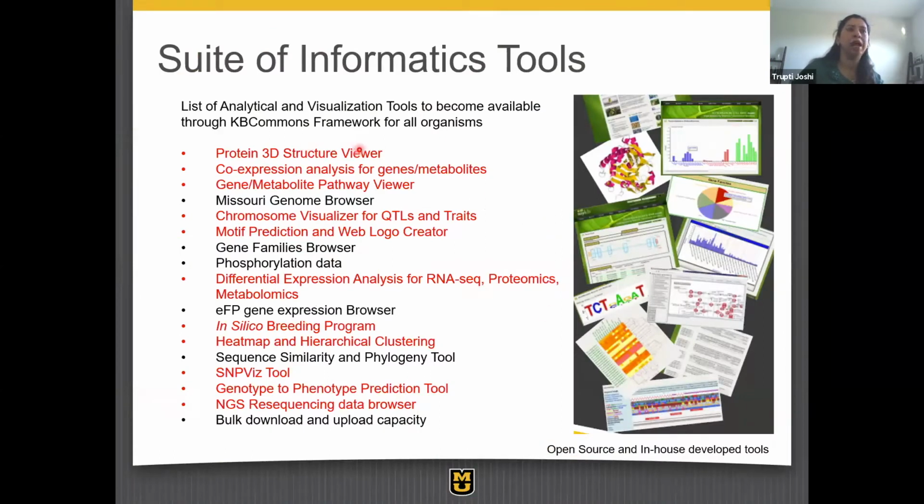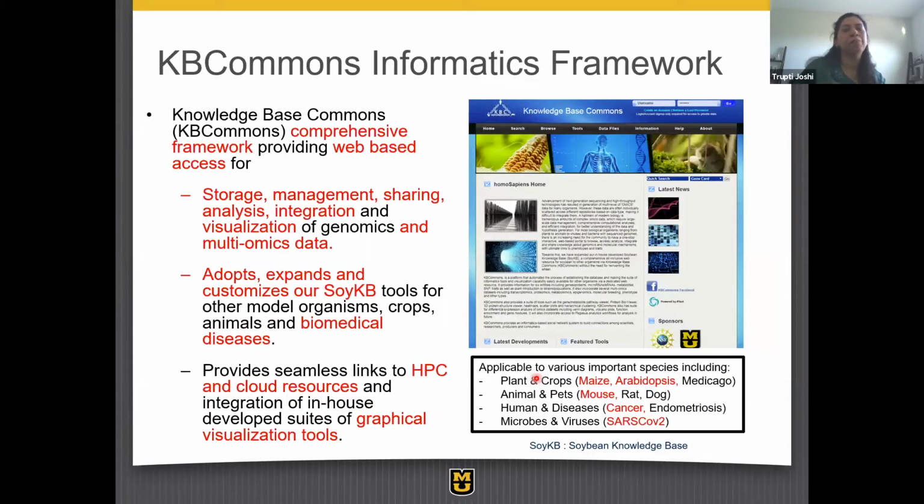In doing this, over the decade, piecemeal, one piece at a time, depending on how our priorities with our funded projects aligned, we have built a lot of tools in SoyKB, and so definitely, in the interest of time, I won't have a chance to go over or touch upon a lot of them. But this sort of also will give you an idea about the visualization pieces, all the data sets behind in the MySQL database, and then gets pulled in terms of what the user is querying online. And so feel free to look at the publications, and that will actually give you a lot more in-depth information about the capacities that exist.